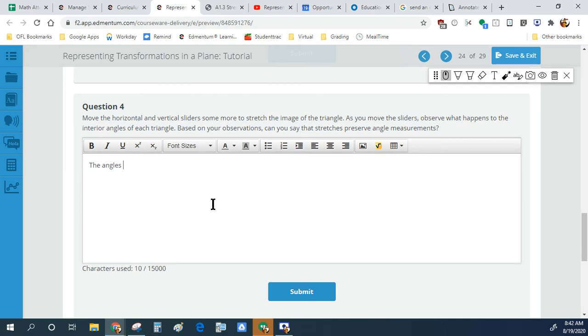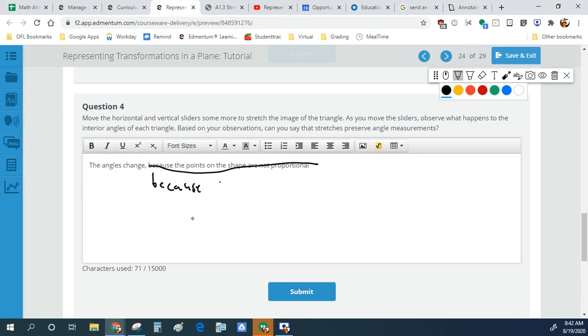angles change because the points on the shape are not proportional. You guys can use a different word for this. This is the correct way to say it. But what you would say is the angles change, and if you want to use simpler words instead of this, you would say